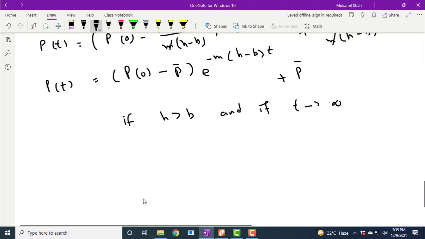And we will be left with p of t, it will approach 0, because if e has an exponent with a minus sign and you increase the value of the exponent, e vanishes, it tends to 0. Anything multiplied by 0 is also equal to 0. So this thing will vanish as t increases, and your p of t will converge to p bar,